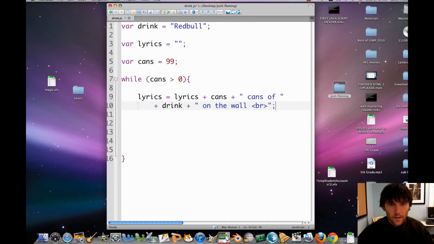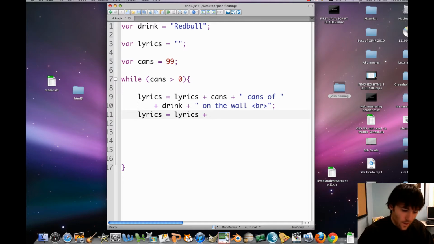That's saying the first lyrics should equal the number of cans, which we set at 99. So it's going to be 99 cans plus the name of your drink and then the words on the wall. Then the second line of our loop: lyrics equals lyrics plus cans plus, whoops, what are you doing to me? Yeah, plus,